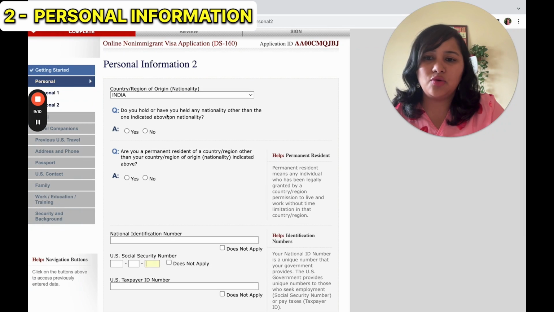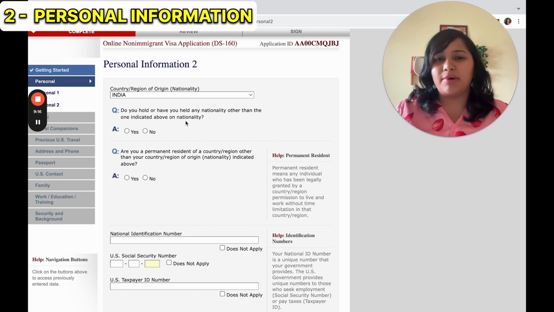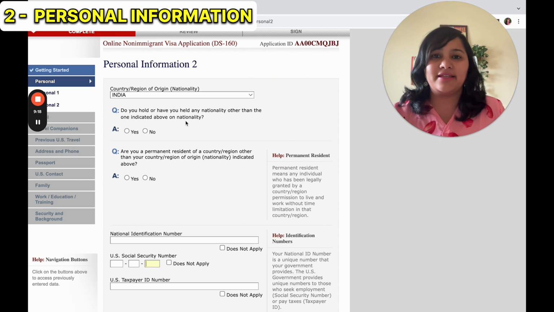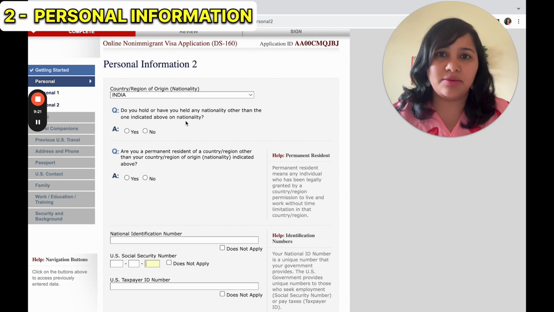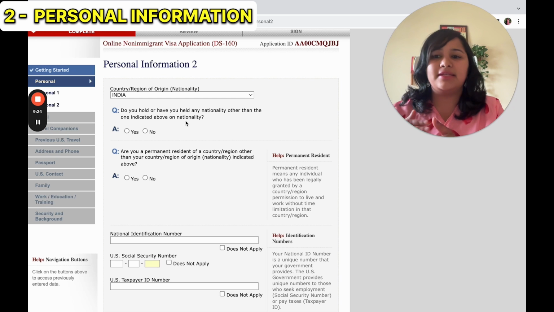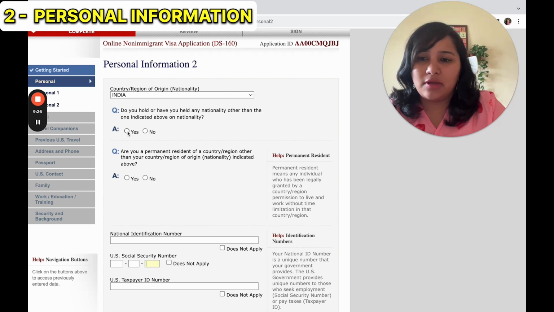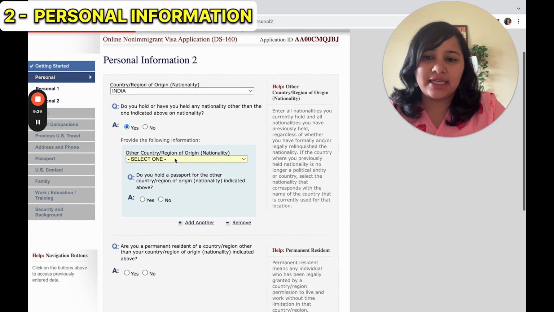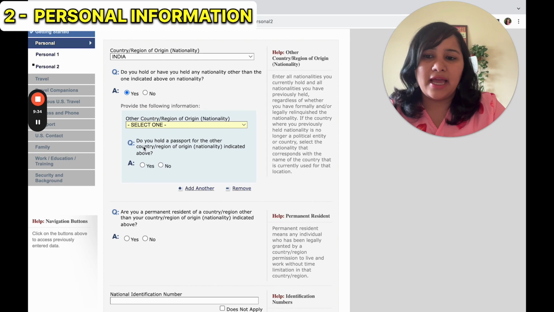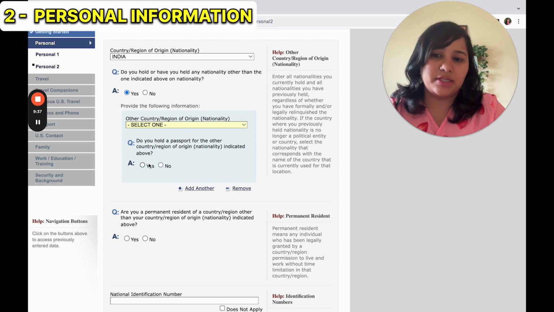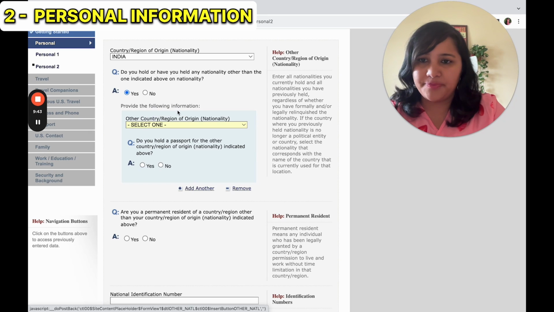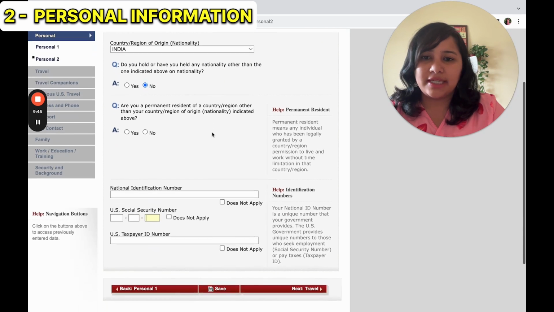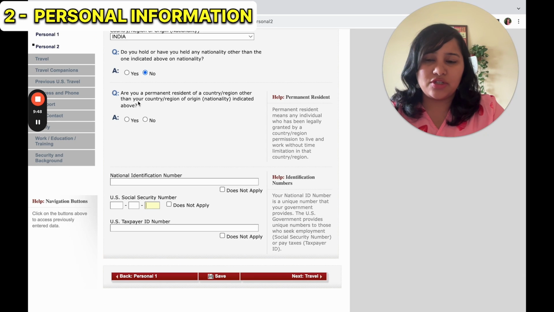Next, it asks, do you hold or have held any nationality other than the one indicated above? So in case in the past you had nationality of any other country, let's say that you did have passport of any other country previously and you have given that up, then you need to indicate that here. So just for the sake of explaining, you can see that if you select yes, it will ask you which country's passport or nationality you had and whether you still hold that particular passport. And in case you have it for more than one country, you can indicate that here as well. So we're going to select this no for now